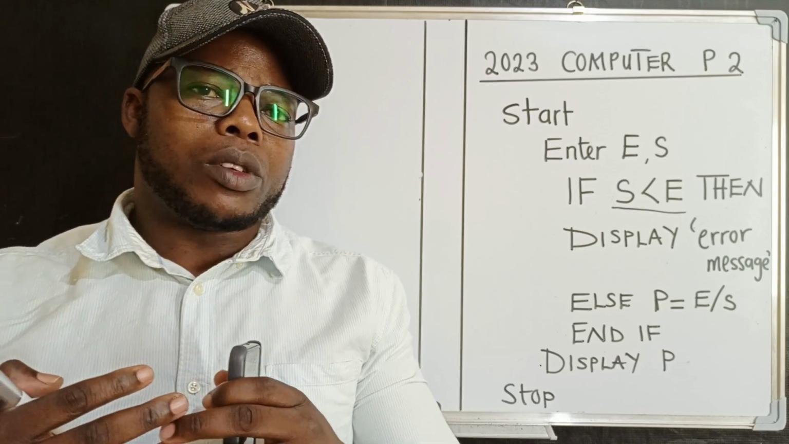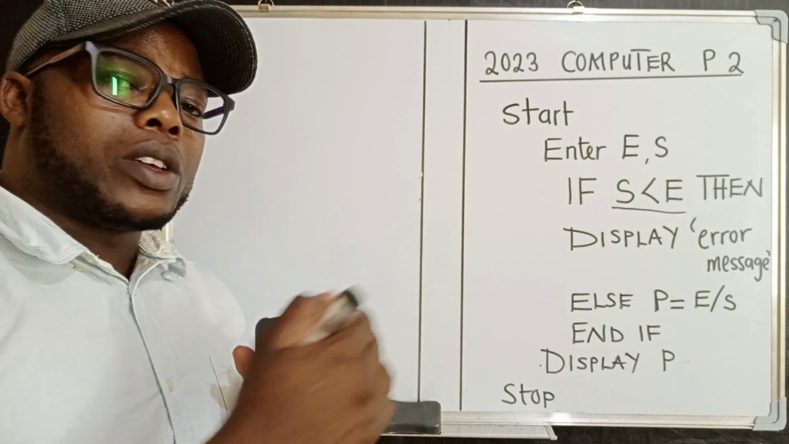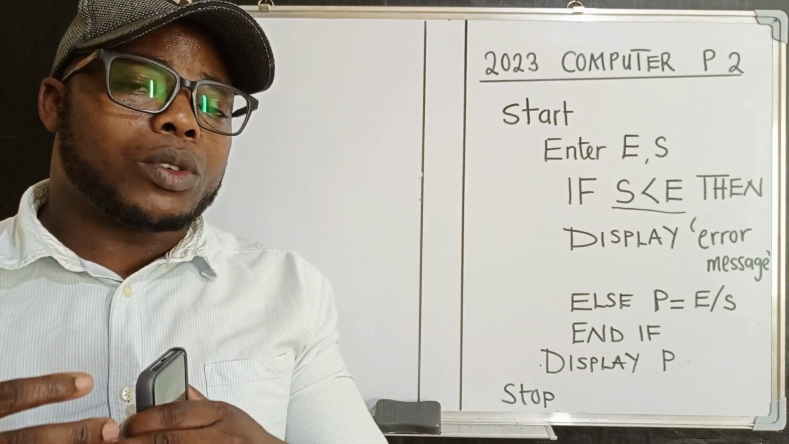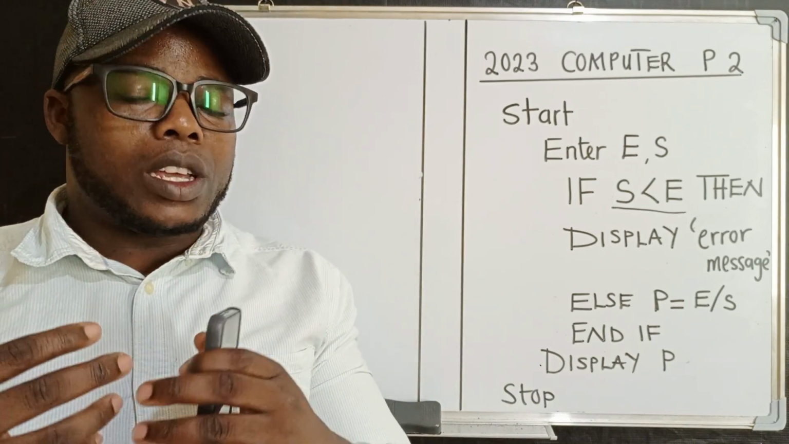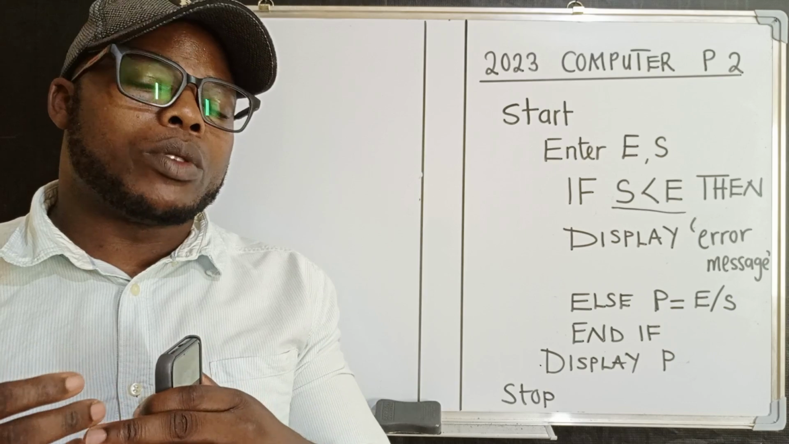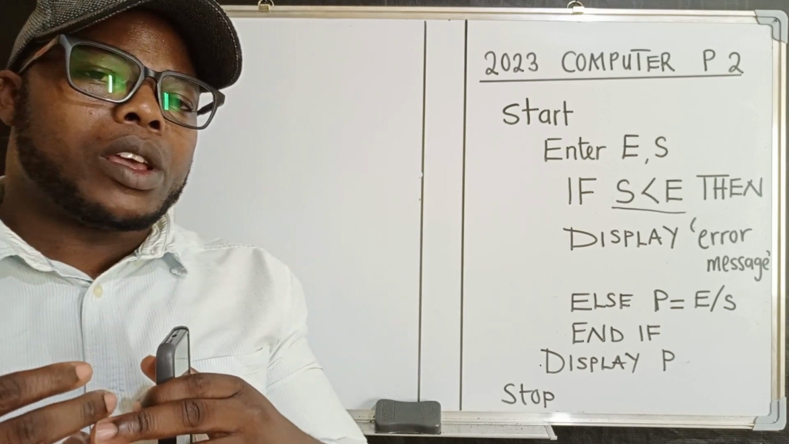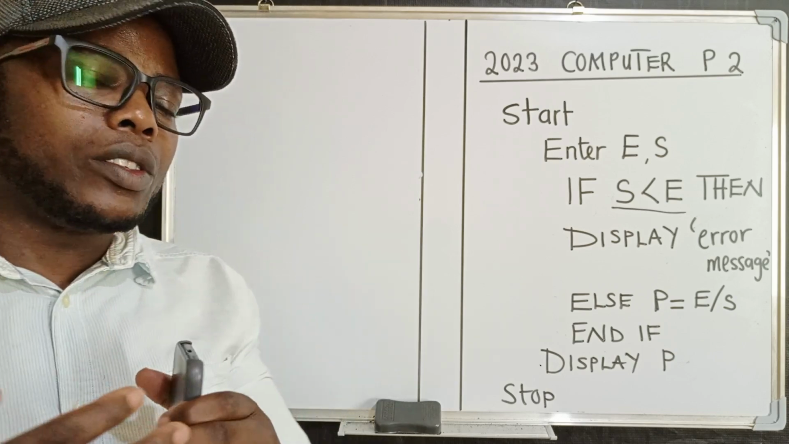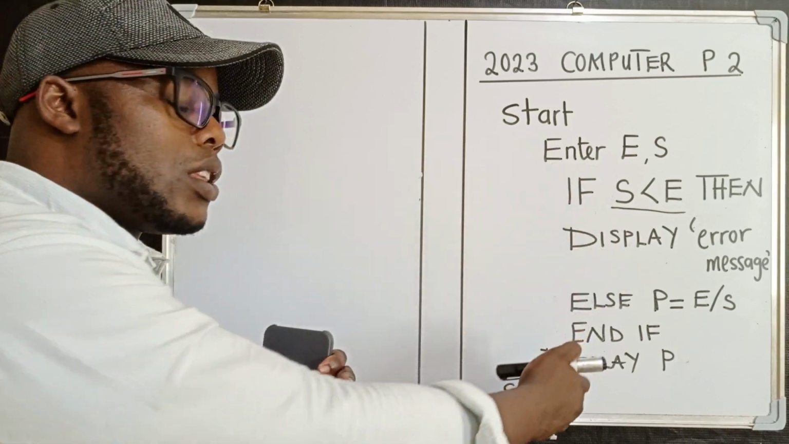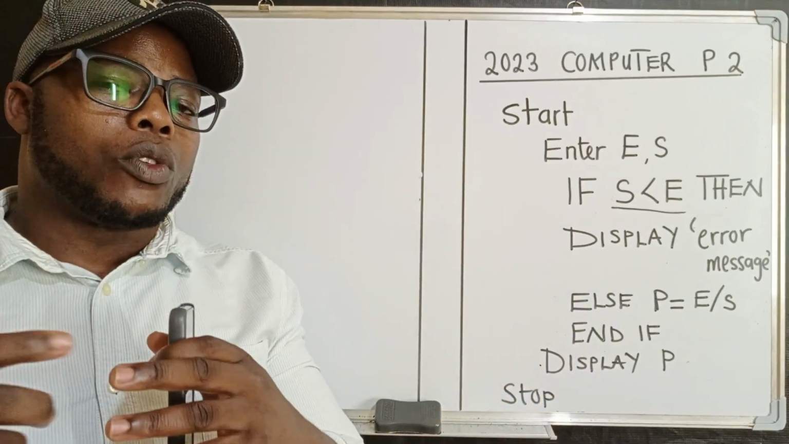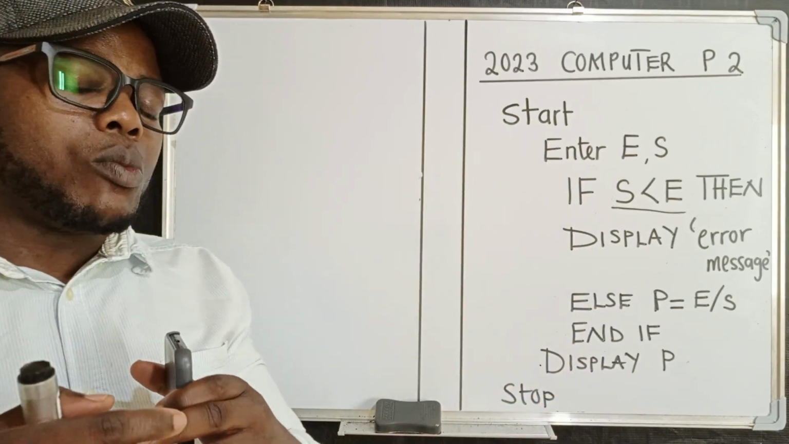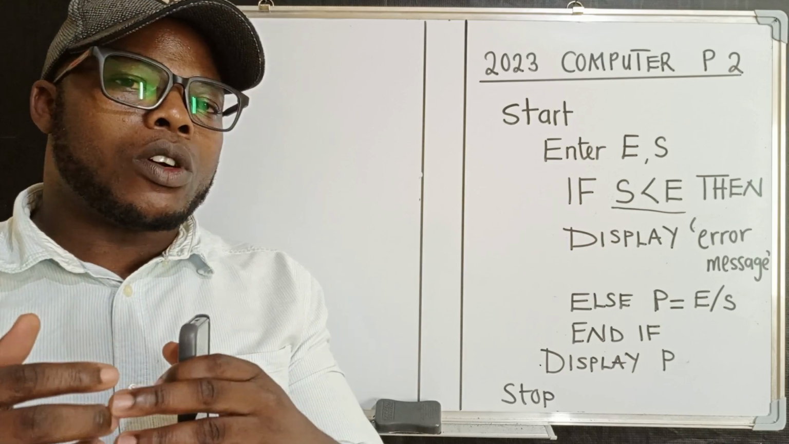I've got a question with me right over here. This question came in 2023, internal, under computer. So to be able to convert the pseudocode, this is pseudocode, to flowchart, you must consider four